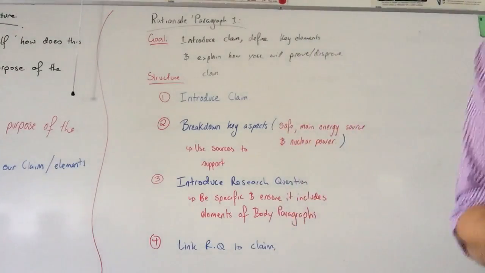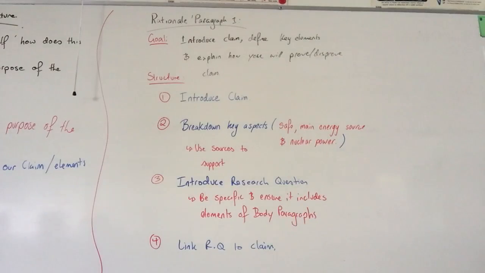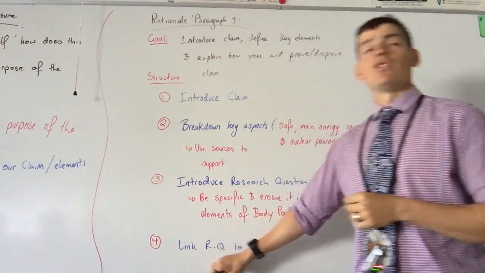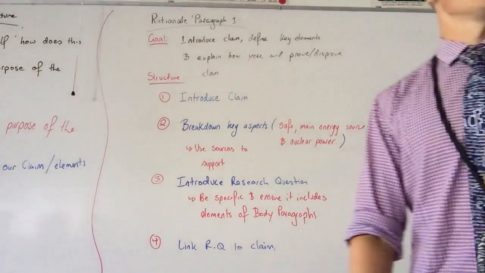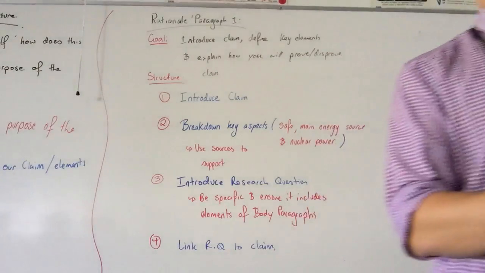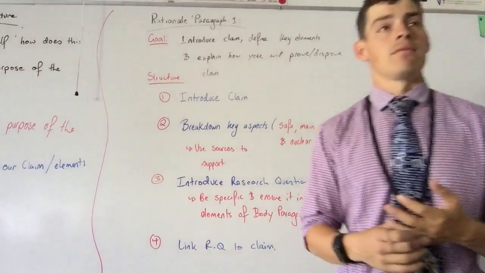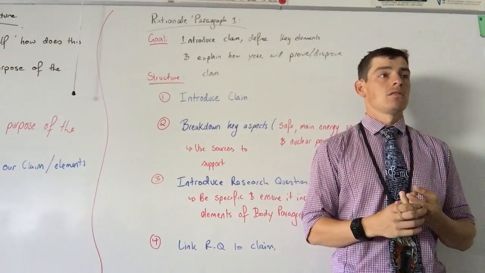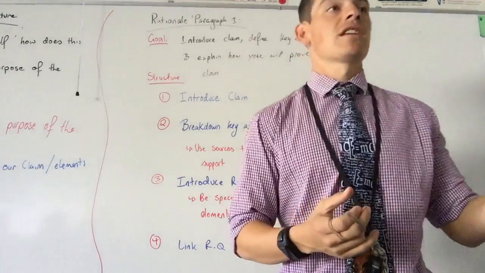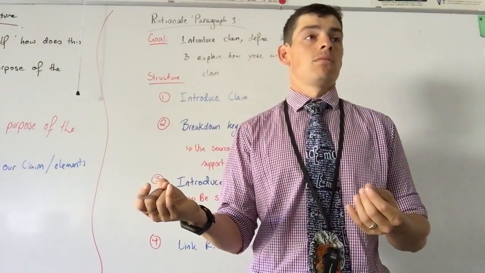Okay. Cool? Lastly, and I sort of did that in that example there, and this is so important because a lot of us are missing this element in all our paragraphs. You need to link your research question to the claim. How does proving aspects of your research question link, and when I say link, I mean how does it prove or disprove the claim? Does that make sense? If this is proven to be the case, how does that support your claim? Happy with that?